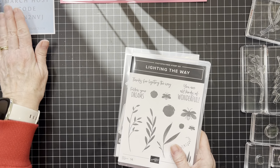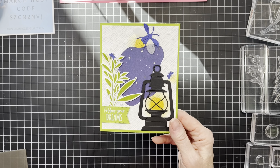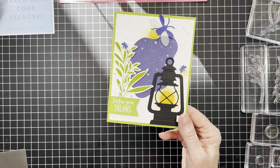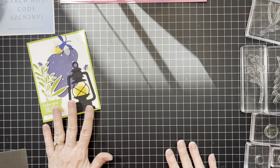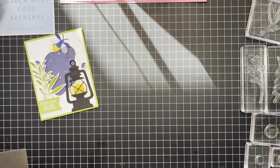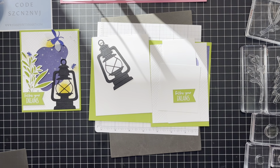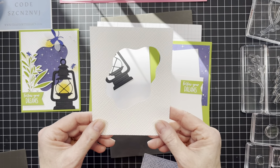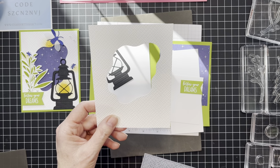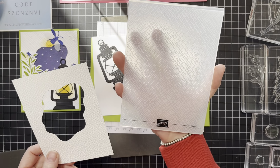Just move this stuff out of the way. All right, so this is the card we are going to be creating. I'm using the layering diorama dies as well as the Stylish Shapes dies. Okay, so let's just put that there. Now, I have already gone ahead and done some of the prep work to keep my video at a reasonable length. So I have already used the diorama dies. I did this first. I die cut out that shape,